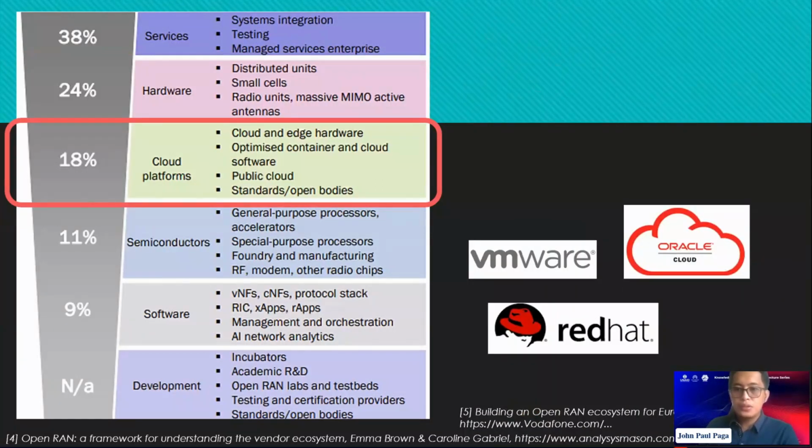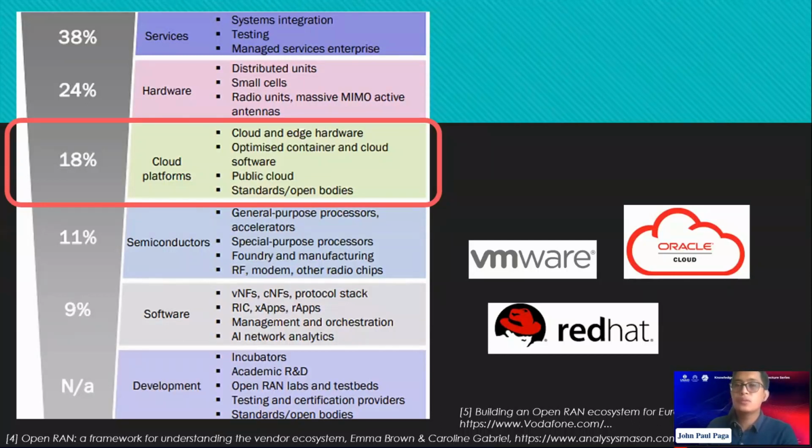The third biggest revenue contributor, at 18%, is cloud hosting. Since the BBU has been disaggregated and can now run on COTS hardware, the network functions can be hosted in a cloud environment and properly utilize the underlying hardware. What is the benefit of having a cloud? A virtualized environment provides quick provisioning.